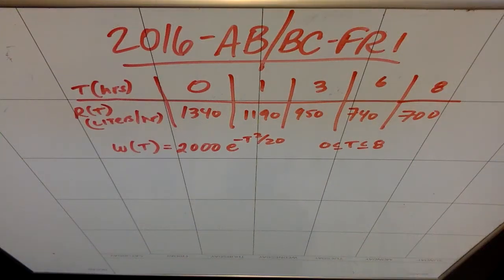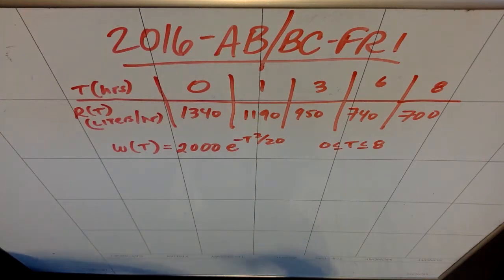All right, this is AP review, and we are doing 2016 AB/BC free response number 1. So this is a table problem. Right away, first off, it's calculator, which is nice because those are some big numbers, and also they gave me a really ugly equation. But second thing you should consider is that it's very, very likely that you're going to